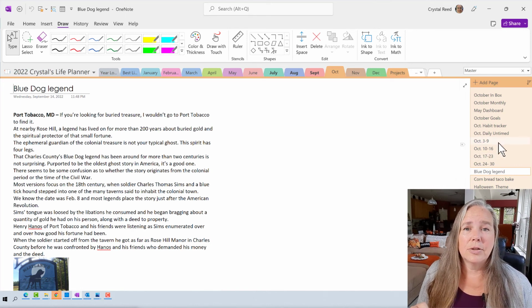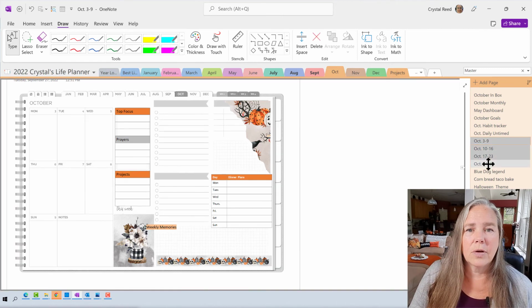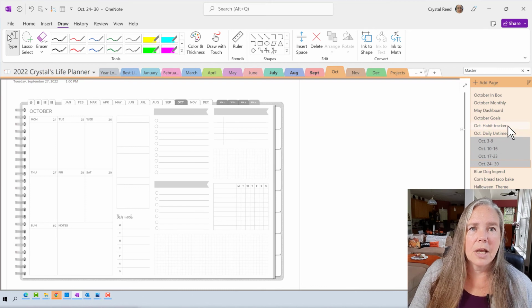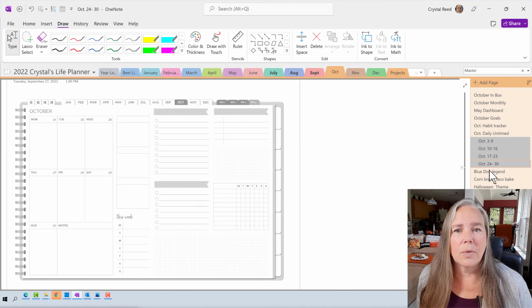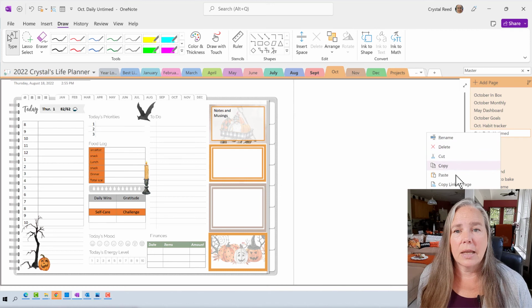Now, one thing that I do to help keep my weeks together is I do go through and highlight those. And if I right click, I can make those a subpage. They kind of nest in, and then it makes it a little bit easier to find where the weeks actually are. And then as I need a daily page, I will come here to this October daily page and I can right click that,